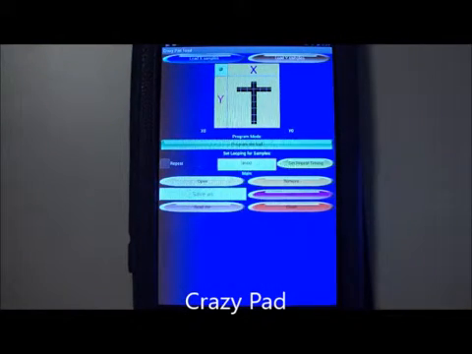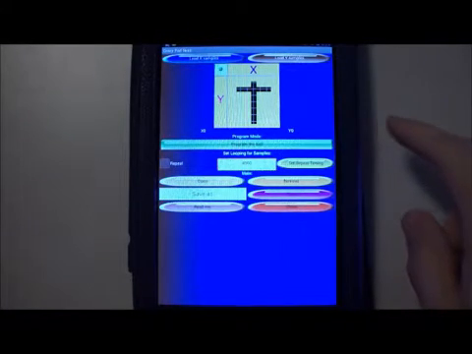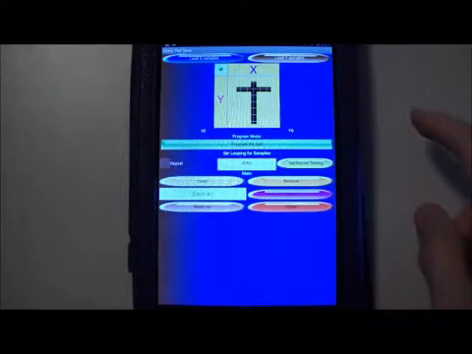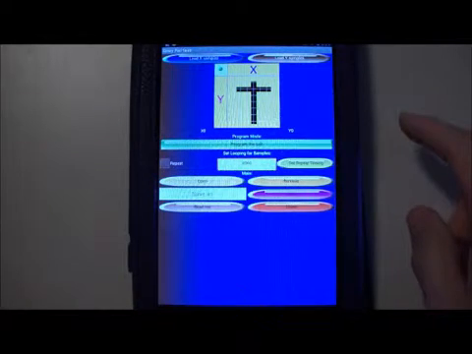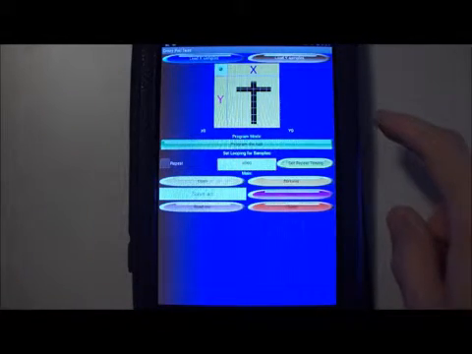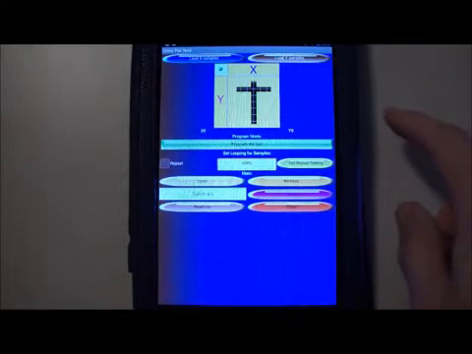Alright, so here's a little video on CrazyPad app. Had a few requests for it to show how it works so people know how it works before they buy it. So it's a little XY coordinate experimental music app, and the way that it works is